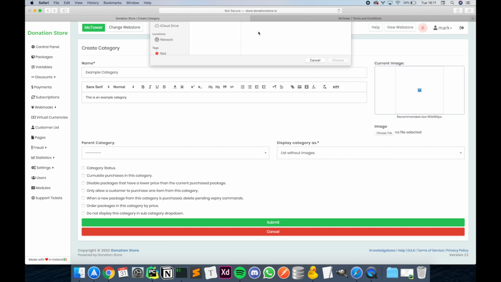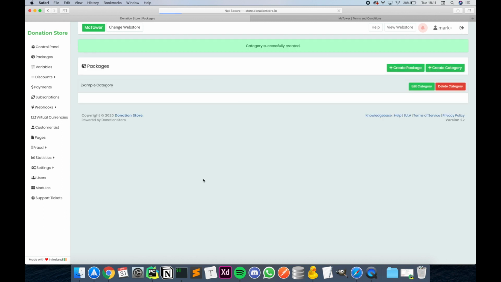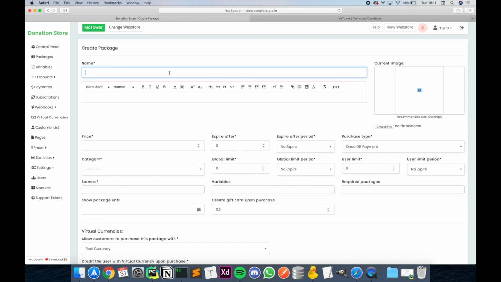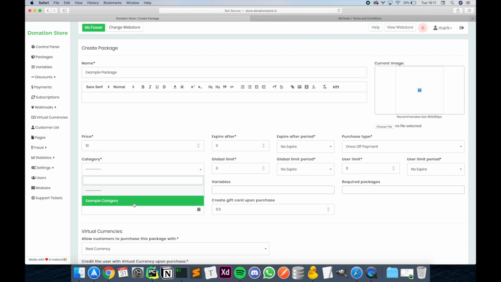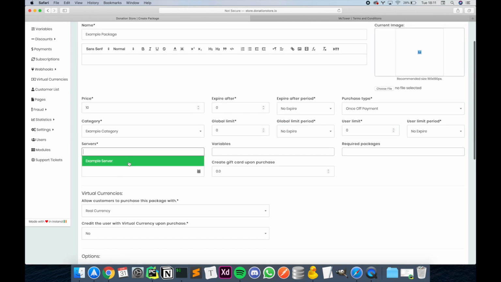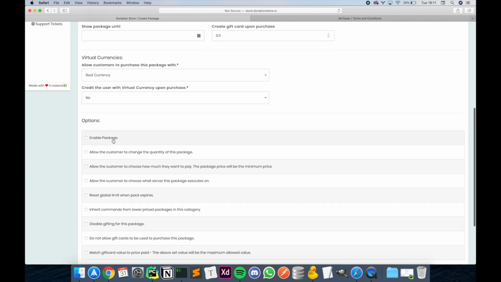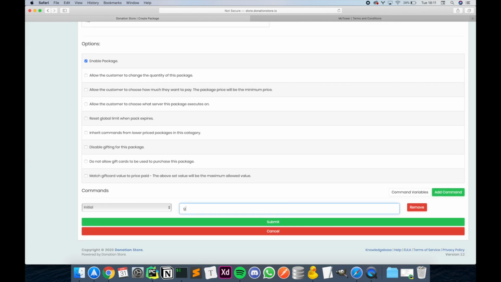Let's give it an image. Let's just use the logo. Obviously you can use whatever you want. Category status is enabled. And then with the create package, we can create a package by simply typing in example package, the price, let's say 10, the category, we call it example category, the server we want it to execute on, enable the package, and we can also put in the commands. So give, let's say, username, so it'll be whoever's buying it, I don't know, Diamond Block 64, and then say submit,